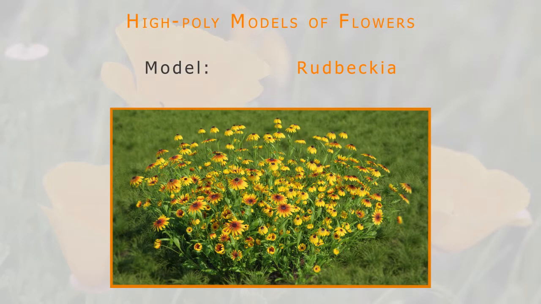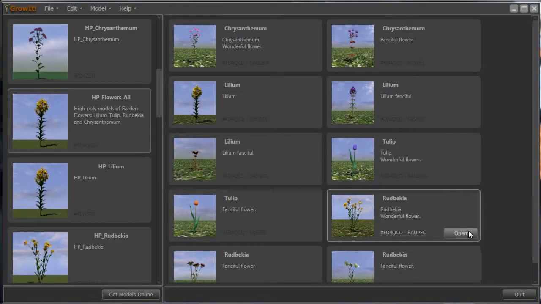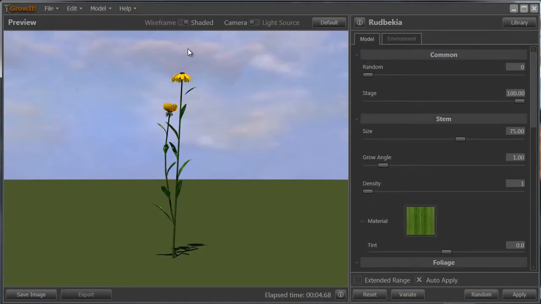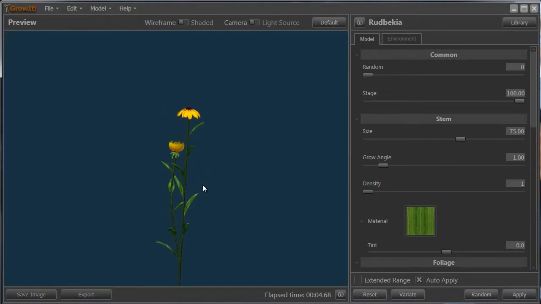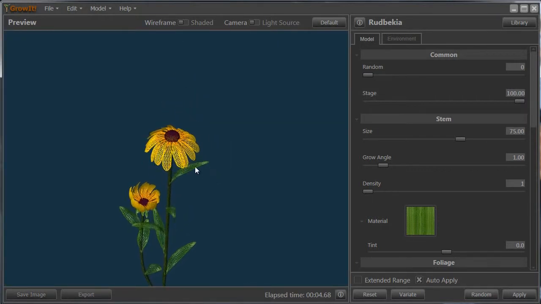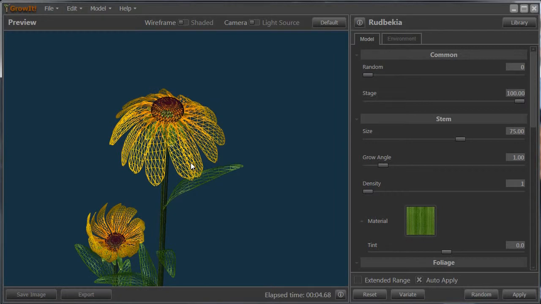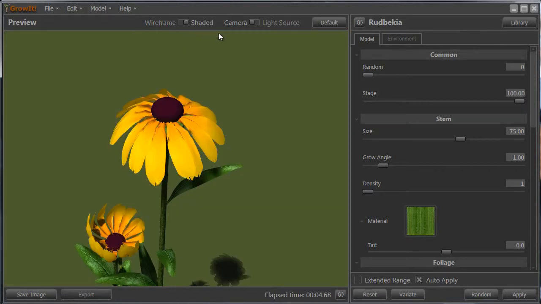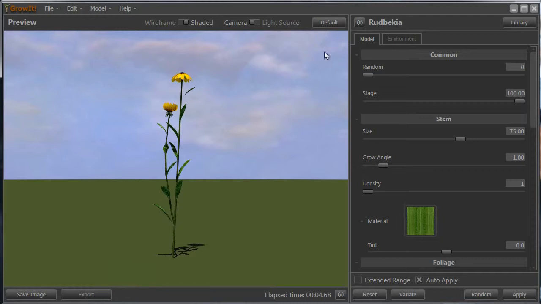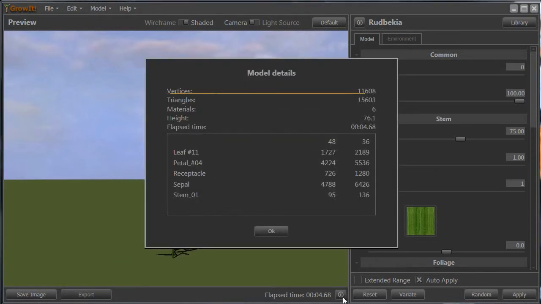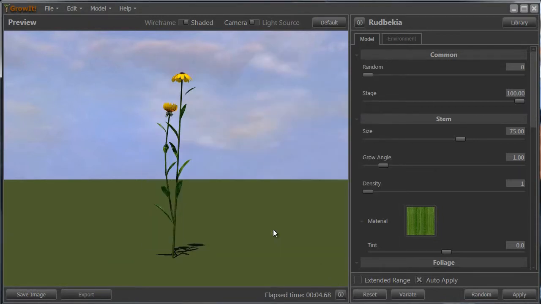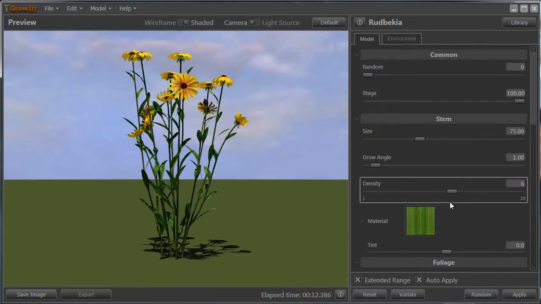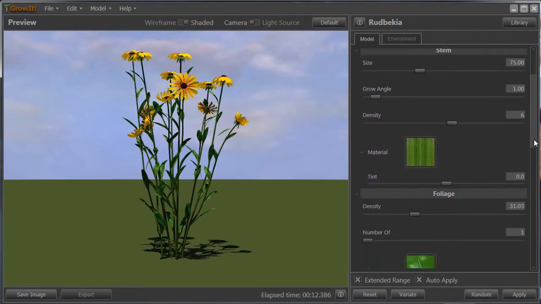Coneflowers, like lilies, are common flowers, so this model will be relevant to many cases. All models feature a high degree of detail, and coneflowers are no exception. This model consists of 15,603 triangles. To generate varieties, we choose an extended range of parameters and increase the number of stalks to get